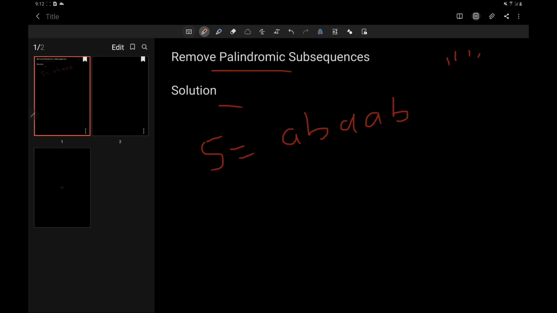What does a subsequence mean? If we delete this AAA, we say we have deleted a subsequence. Then we are left with B and B, so this will take two steps. Because the string consists of only A and B, if we remove A, we are left with B, and if we remove B, we are left with A. At this point, it is clear to everyone.